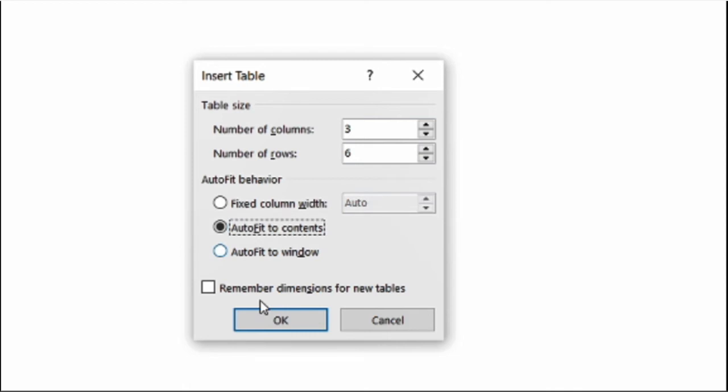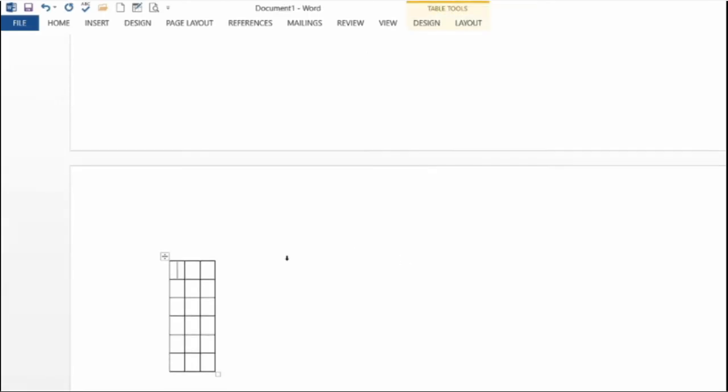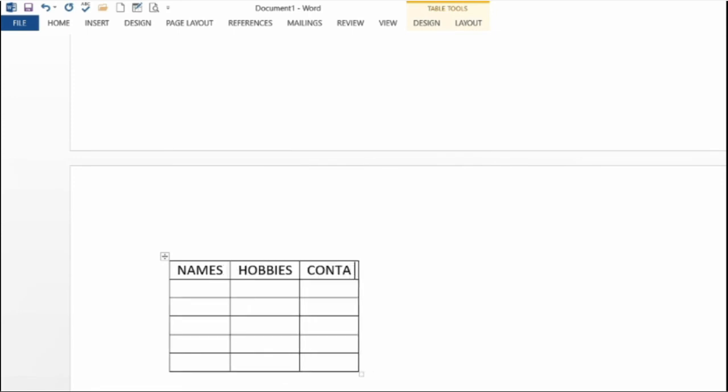Now you will see when we have taken auto fit to content, see the size of the table here, it is so small. Why? It is so because this option is for auto fit to content. So as you type the content, the size of the column will get changed accordingly. It is not fixed, it will be changing according to the content. So see here, contact number, this field size is more. So see the column size is also more for the third one.